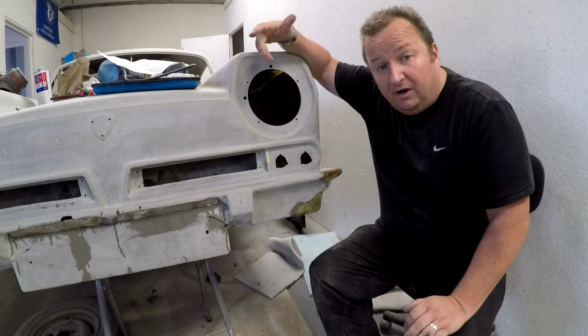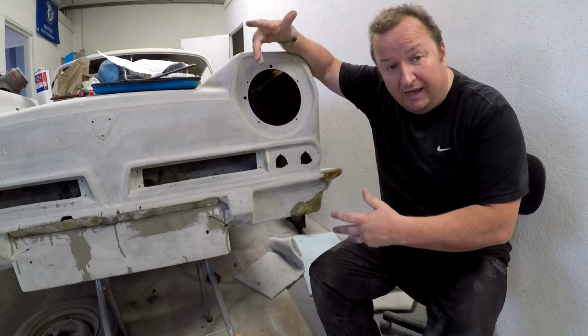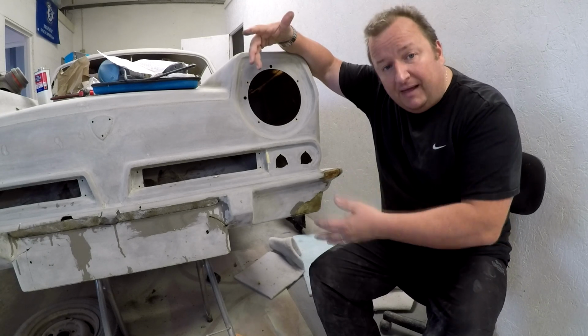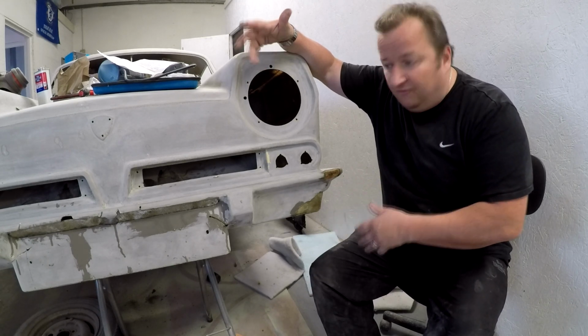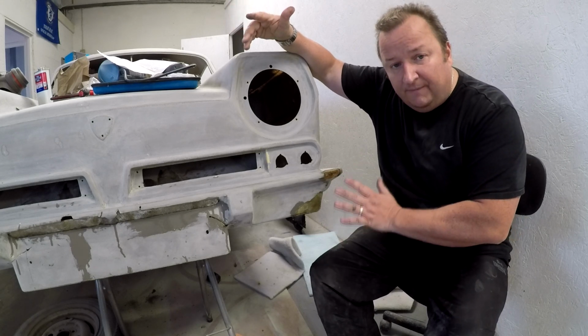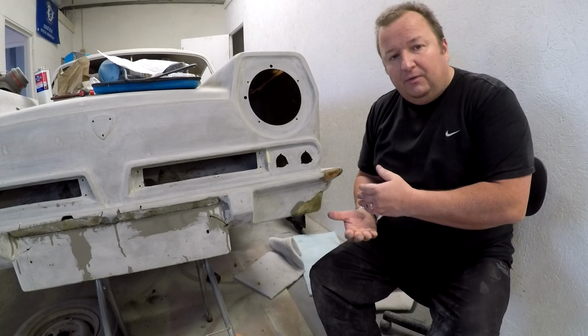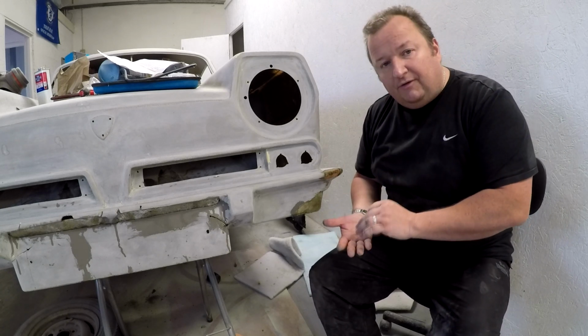The thing with fiberglass is that you can't do the whole job at once. You've got to do your first few layers, let the resin go off, come back, give it another coat, let that go off. And the next stage for this now is to leave it, because I'll be finishing off with the fiberglass filler. That's actually like a body filler which is resin based, and it's actually got fiberglass